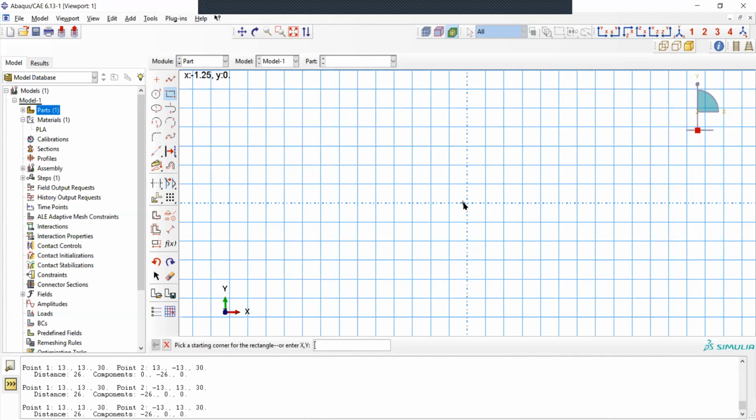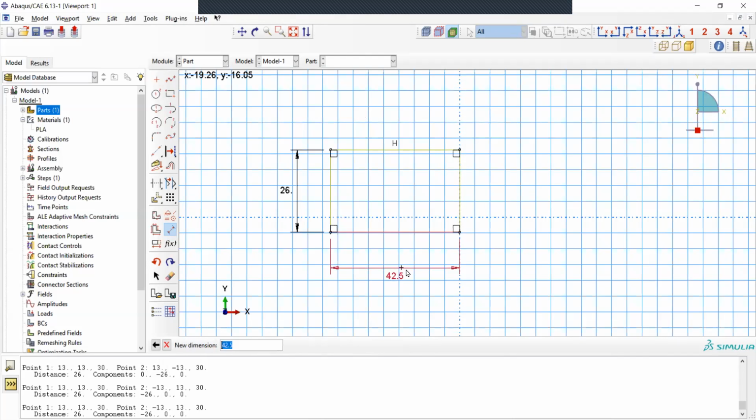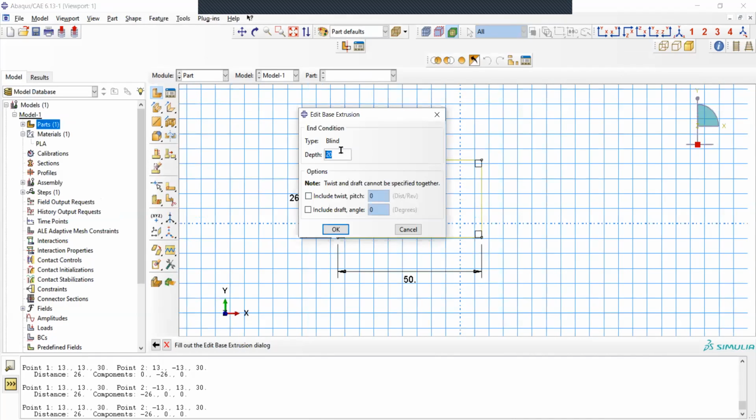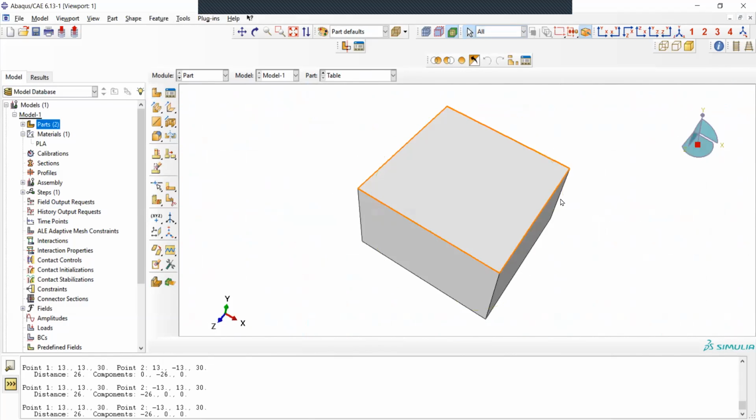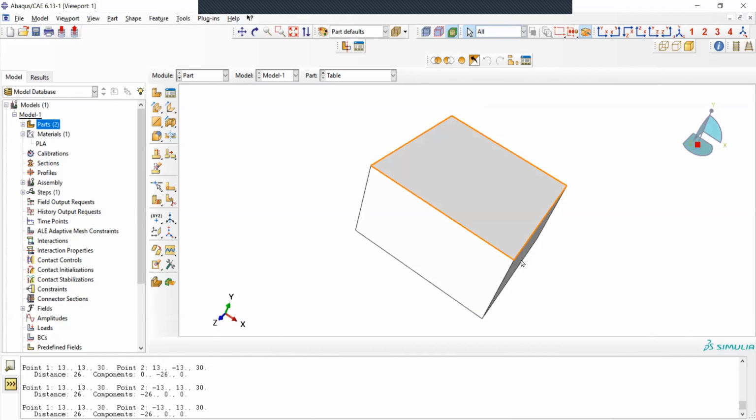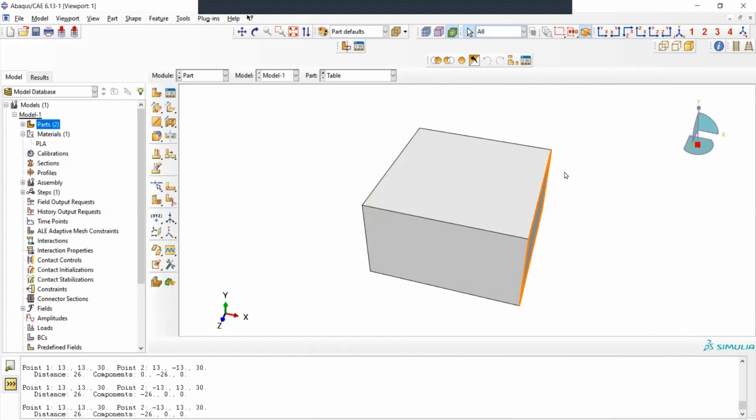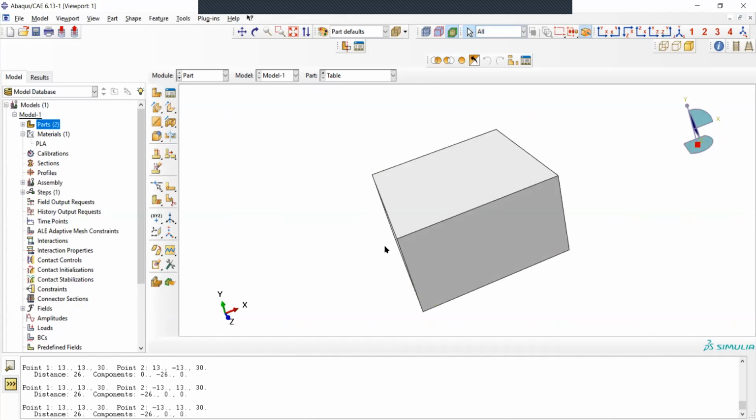So I click on the rectangle. I assume you're all very familiar with this. And you have to add the dimension here. So the table has to be 26 millimeters thick. The width or the depth, at least maybe 50. And then I extrude it by clicking the middle button of my mouse, and then I click done. And then it asks how much should the depth be? Again, 50. And this should give me this block that is 50 by 50 and 26 millimeters thick. And this will be my table, which I will fix from one side, and then I will attach your part